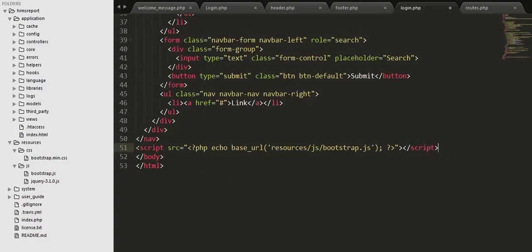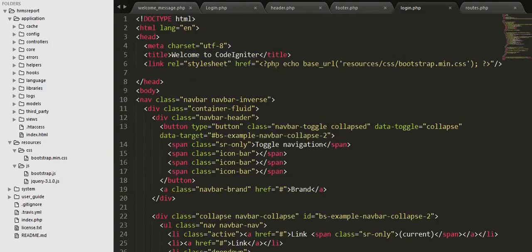Copy this line once again, paste it here, and change it to jQuery 3.1.0. Now I have linked all the files, CSS and JS files, and in Codeigniter you cannot link